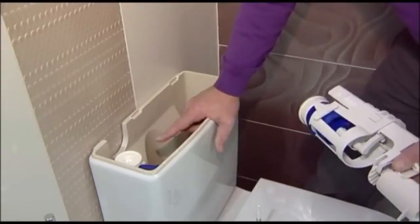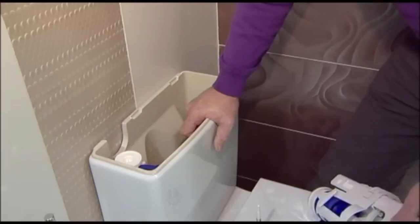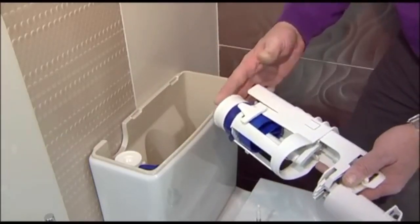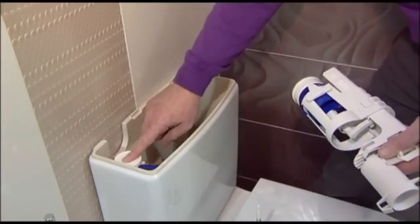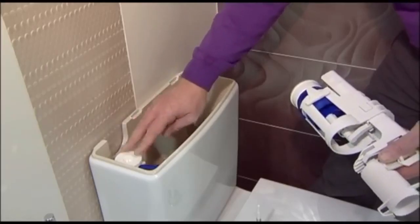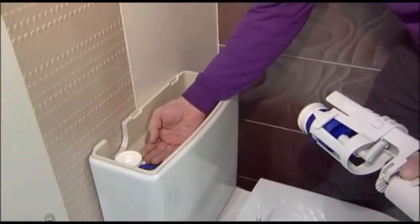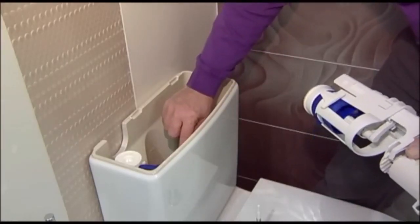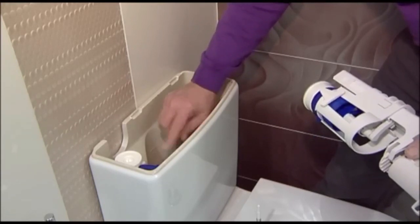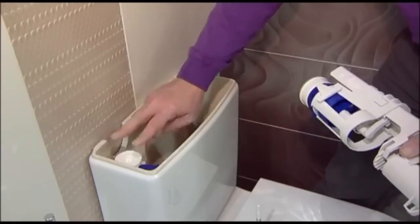so if the system overfills, the water will simply flow back into the toilet. So one of the things you need to determine, if the toilet is overflowing inside, is which of the elements are failing, whether it's the seal for the flush or whether it's the ball valve that's not shutting off correctly. You should be able to see when you lift the toilet lid if the water level's too high and the water's flowing down this overflow pipe. If that's the case, the ball valve is letting by and not shutting off correctly,